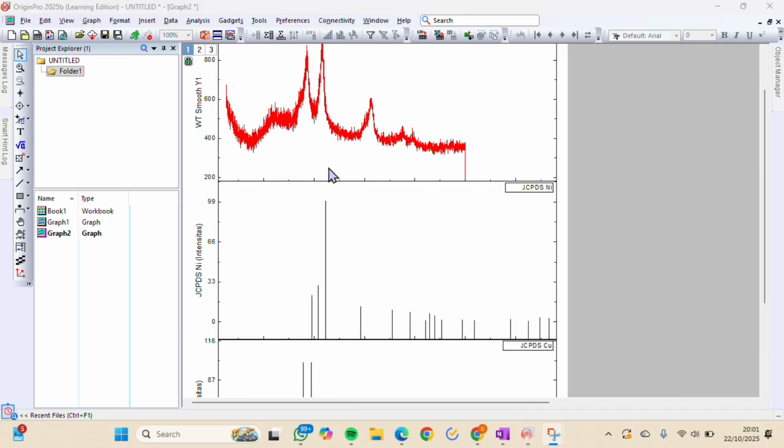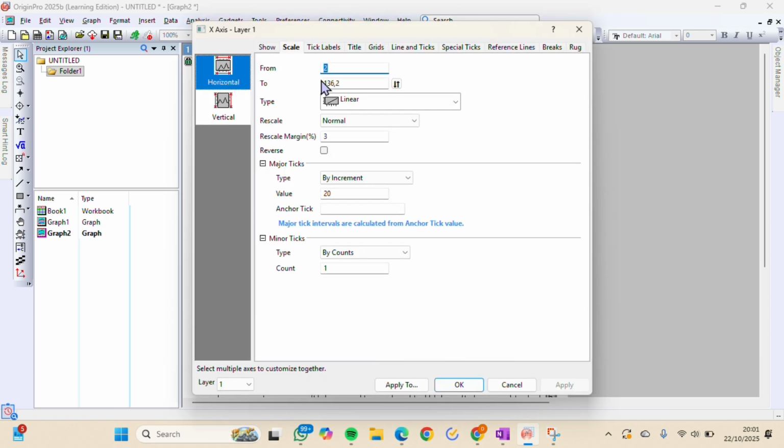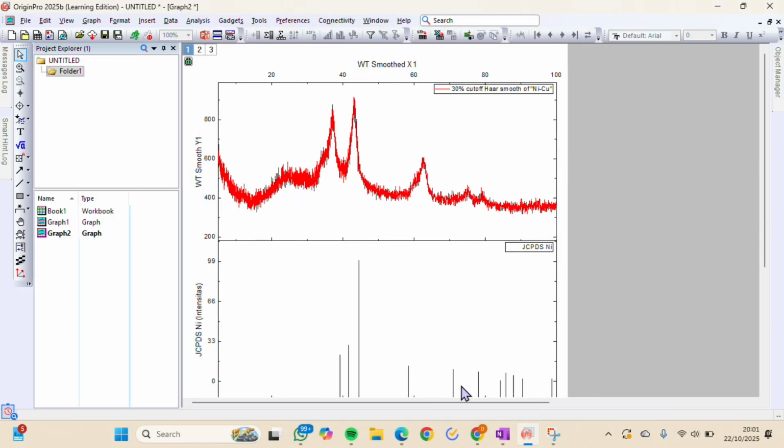After that, to remove the empty part on the x-axis, we can do it by clicking on the x-axis and changing the upper and the lower values so that there's no leftover space, and we change them to 5 in from and 100 into, and then we get the graph like this, and then we also remove the empty part on the y-axis.